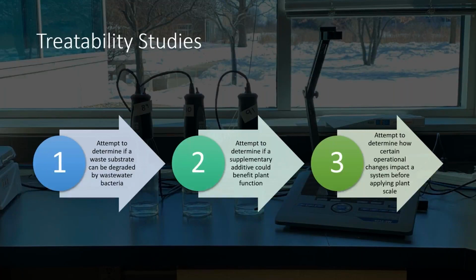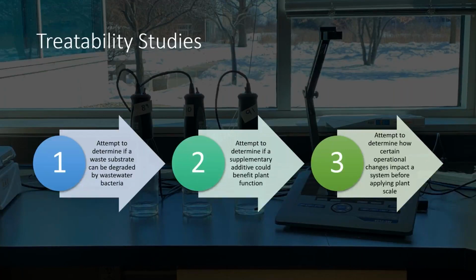Treatability studies are a much more complex and intensive test where you're attempting to determine something like these three things. Like if a waste substrate can be degraded at all. As a plant, if you were receiving a new waste stream, you would want to do a treatability study to see that it is in fact able to be degraded by your process without causing any problems. So you might blend your new waste stream in with your typical waste stream at appropriate concentrations and see how it impacts